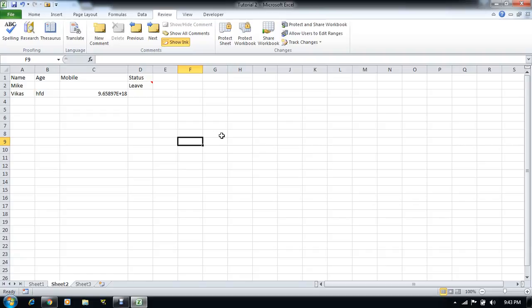So then you can add a password to your Excel. By adding a password, whenever you send your sheet to your colleague, he will not be able to make changes in your Excel without authentication. So this makes sure that you are sending the right Excel, and nobody can make any changes in the data you have prepared.